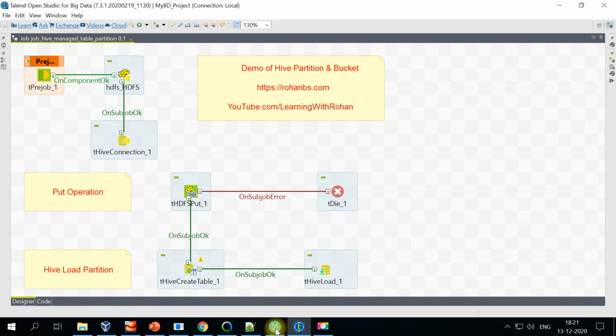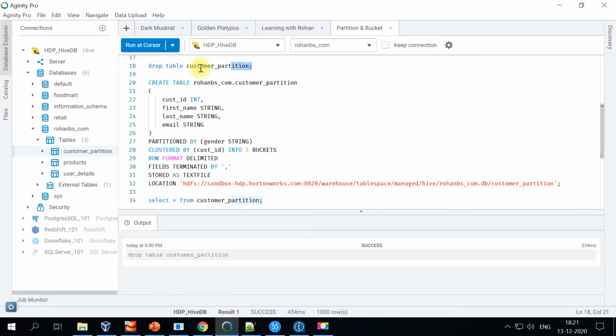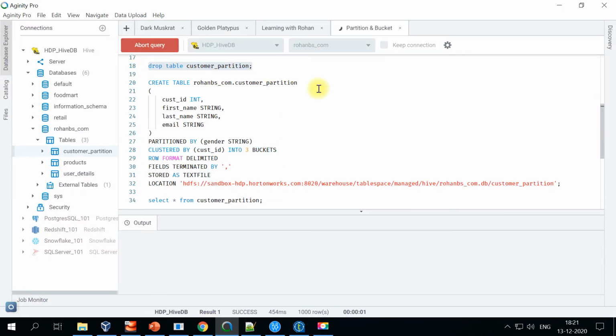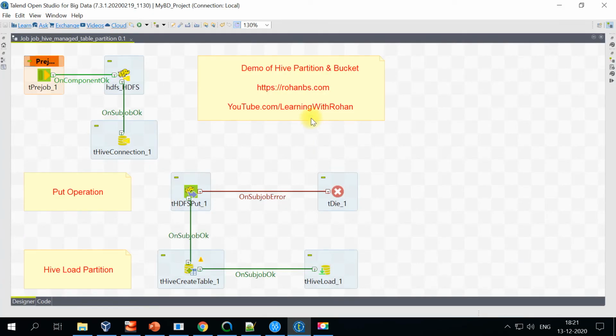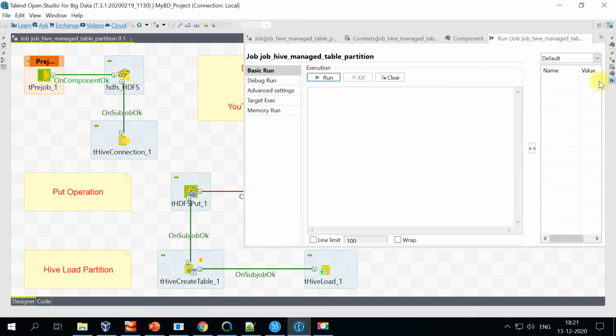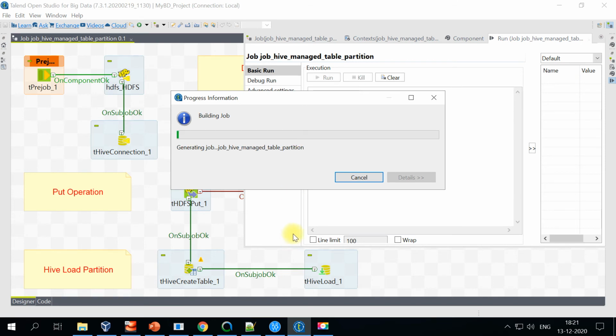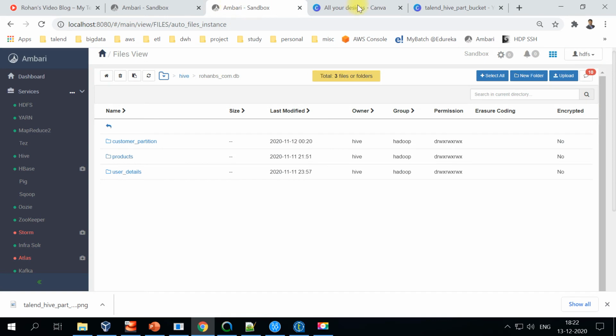So just to make sure, I'll go back and drop this table, right? So it is connected to the Rohan BS_com database. Now I have dropped the table. So when I run the Talend job, it should automatically create the table, and partition and bucketing should also be automatically created. Right. In the meantime, we can go back to our